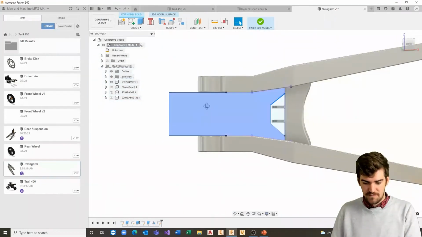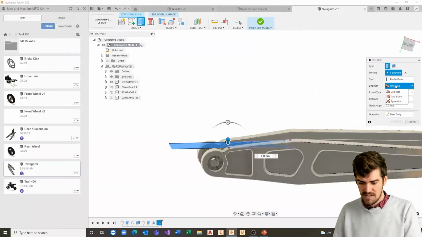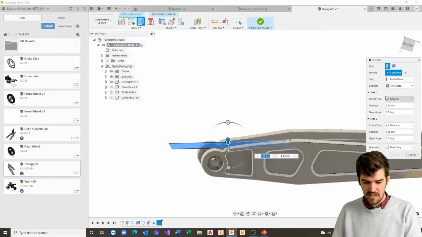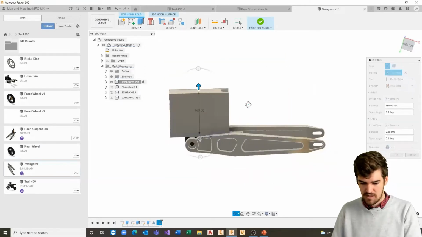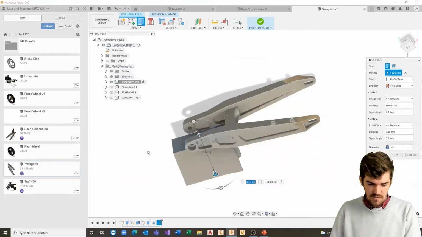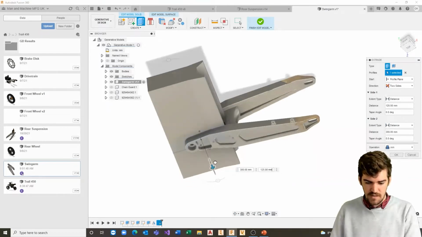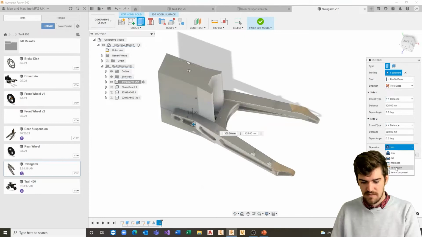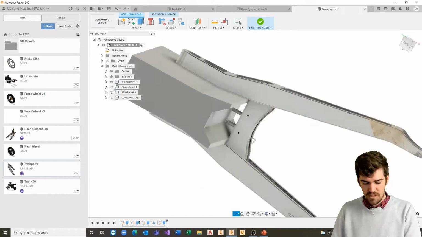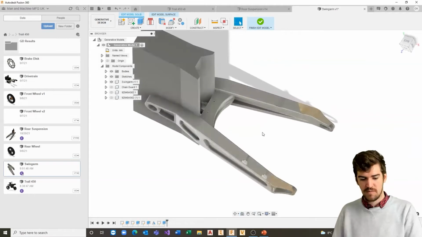Once I'm happy with that, I can create a quick extrusion of that profile again. Instead of it being one-sided, I'm going to select two sides, so one side can extrude a little higher than the other. Just make sure that we've got this aligned correctly, so that would be the top there. Perfect. So I'm going to have the top come out a little higher than the bottom needs to be. Awesome. So again, instead of a join, this is going to be a new body that we're going to create as a solid obstacle geometry, or obstructive geometry. So we're creating enough space there for our arms to come in,